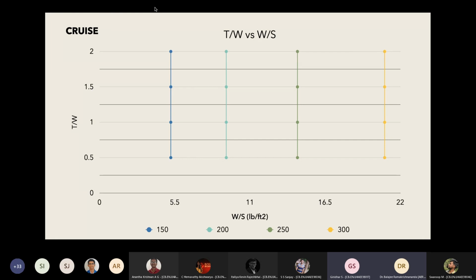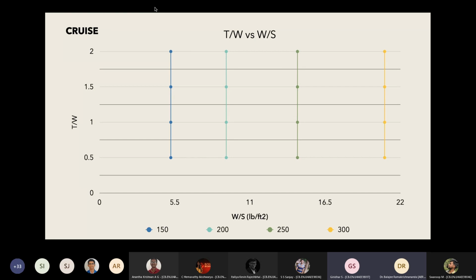Here, suppose what is your given? You have 250 kilometer per hour. So to the right of that is possible. If you go less than that, the velocity you travel is typically less. Basically, the wing loading is less than that, so you cannot fly up to the velocity. So it should be more than this wing loading. Only to the right of this is the feasible region.